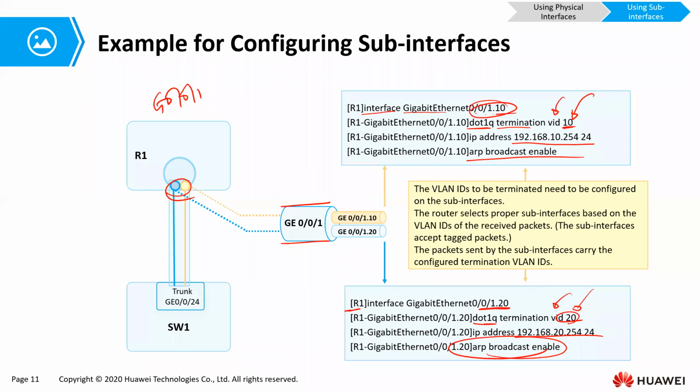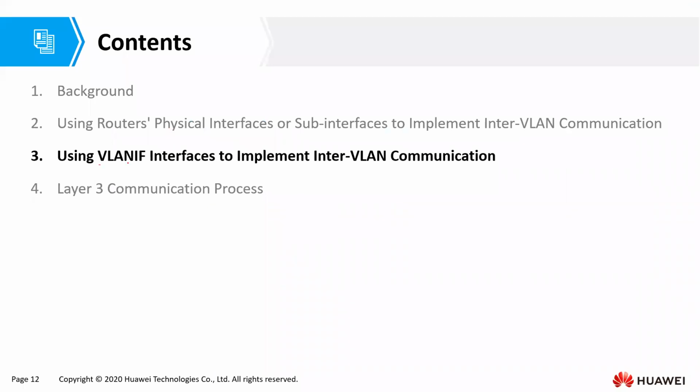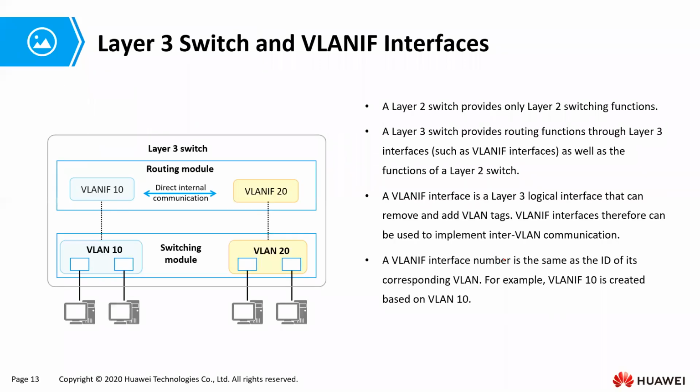Yes. Cool. Now, that is using a router. But we can also use a layer 3 switch. We set up VLAN interfaces on a layer 3 switch. Now, VLAN interfaces are virtual interfaces that are mapped to a particular VLAN. So in this case, we have one switch that has VLAN 10 and VLAN 20 on it. VLAN 10 has VLAN interface 10, which is a layer 3 virtual interface, and VLAN 20 has VLAN interface 20, which is also a layer 3 virtual interface.